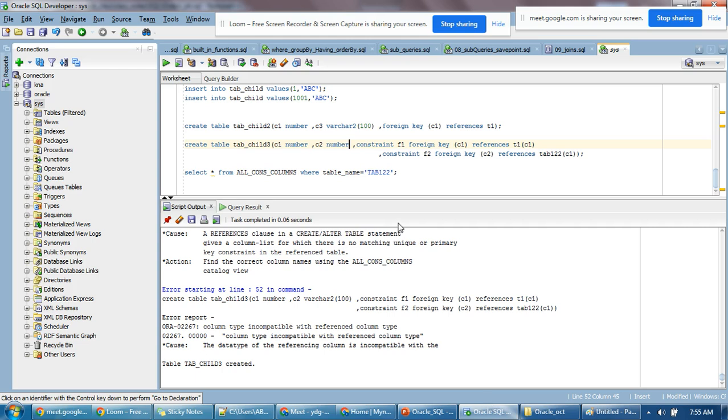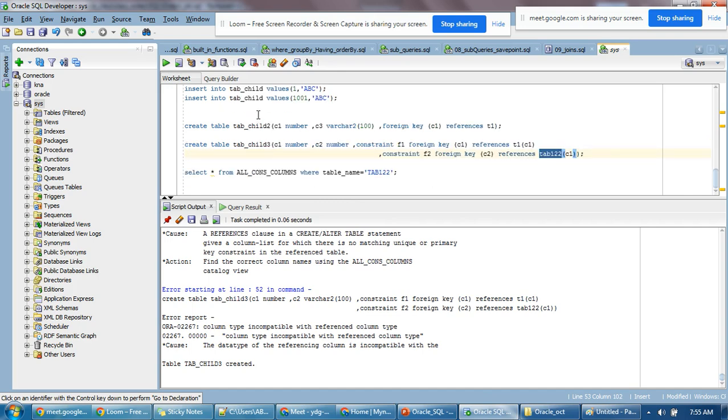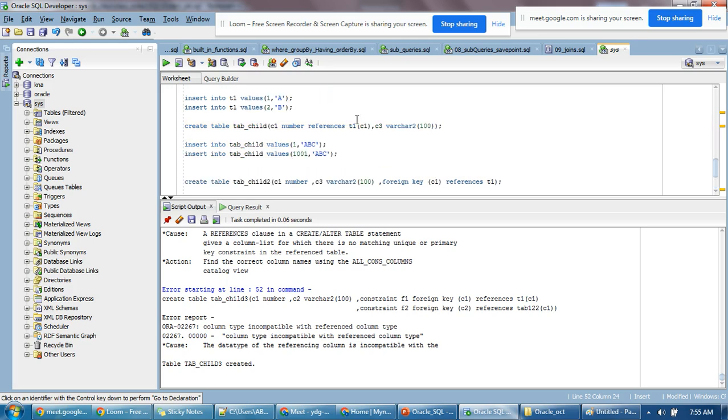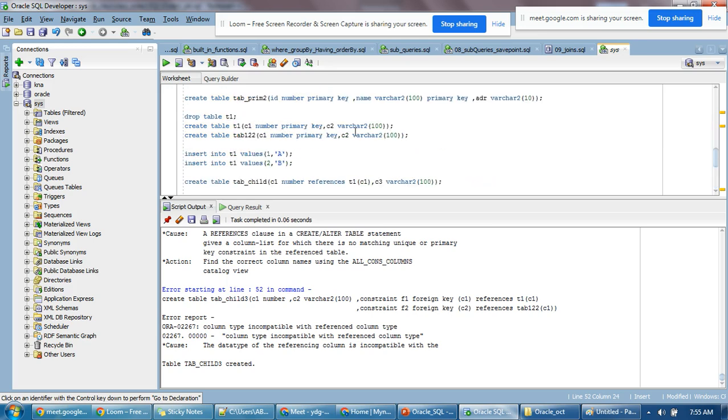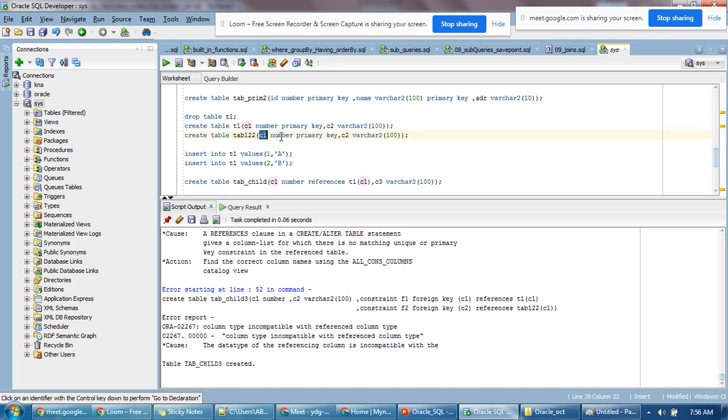The table is created now. Actually, we are referring to one more table. We have created two primary tables. These two tables we are considering as primary tables. We are referring to these objects. If you want to create a foreign key to this table, you should have the same data types